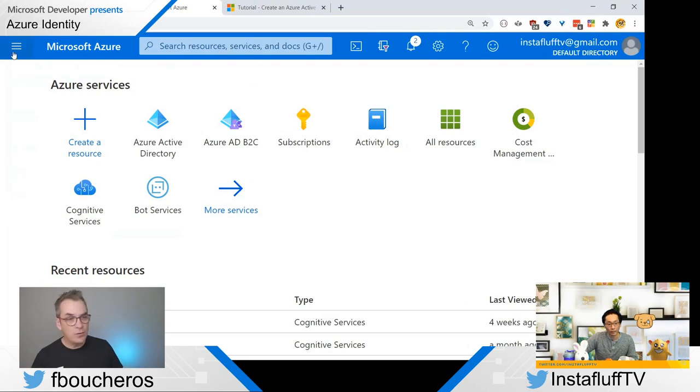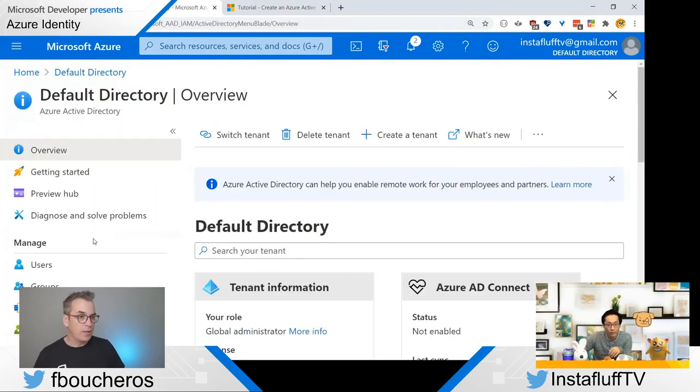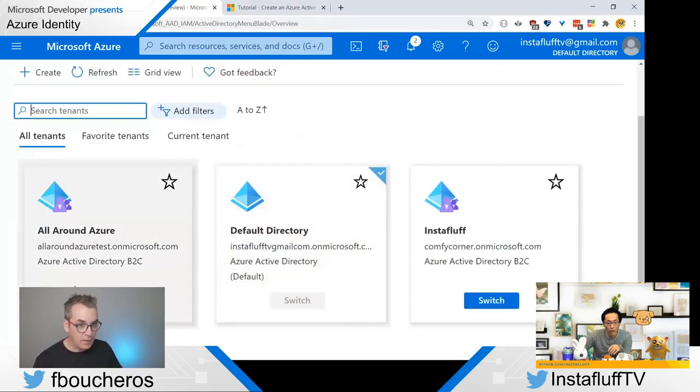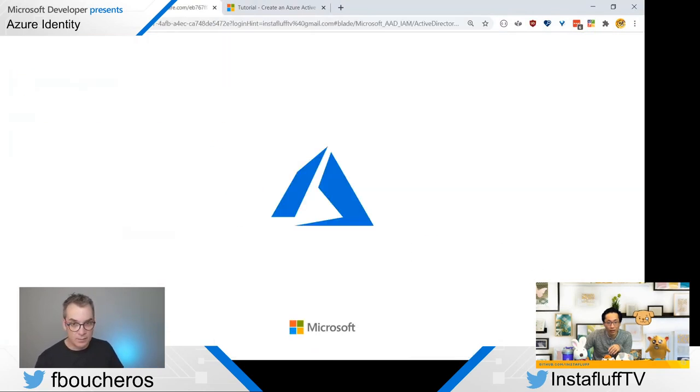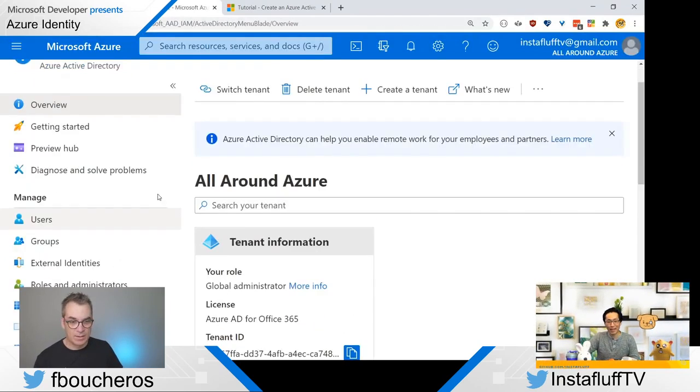Oh. So are you in the good... Okay, so you need to select the button in the top right corner, that's why. Okay. From the top right corner, if you click that little... I need to be on the all-around Azure tenant. Exactly. Oh, it wasn't selected right. Yeah. I got it. I had to switch tenant.